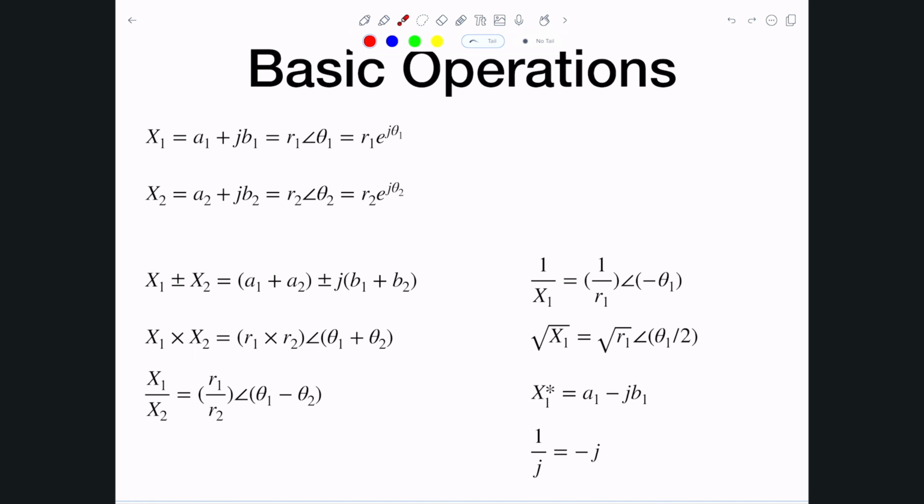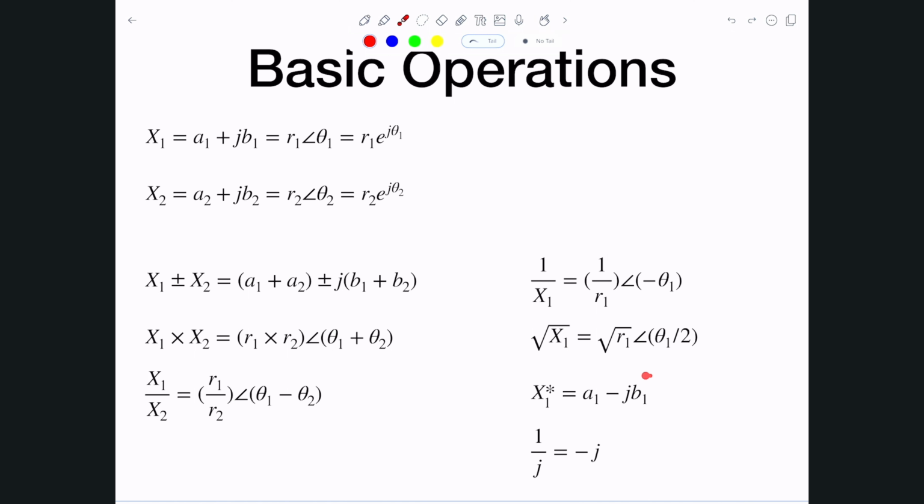We can add them, subtract them from each other, multiply them. So you can pause the video and just check these operations in here. But what I can tell you is the following. Adding and subtracting is easier in the rectangular form. However, multiplying and dividing is easier in the polar or exponential form. The same here, well, this is the reciprocal, or maybe the square root, they're easier in the exponential or polar